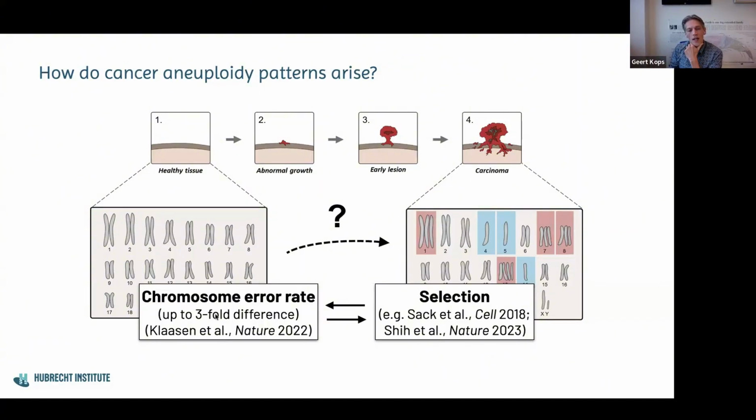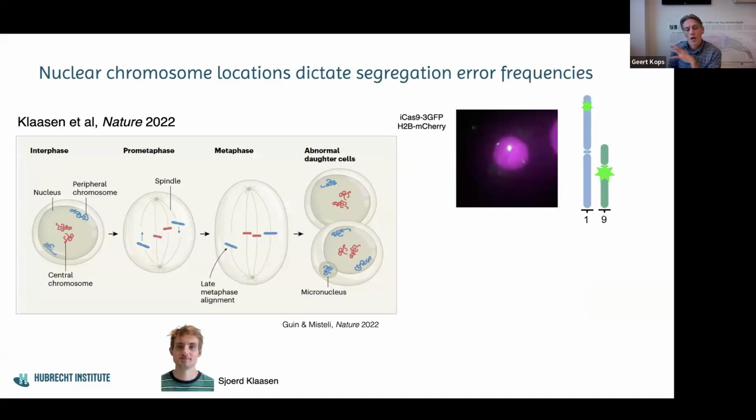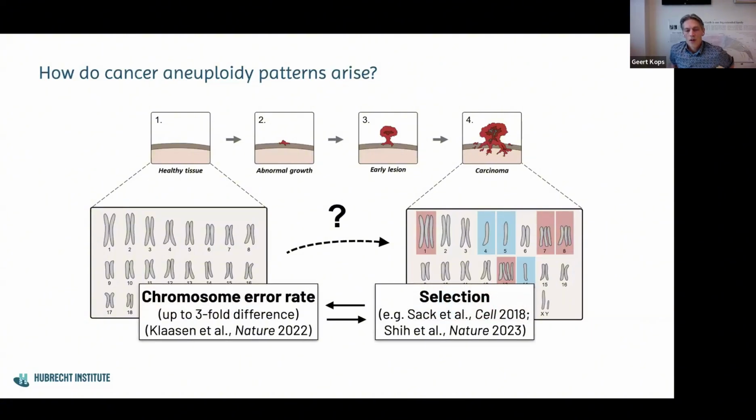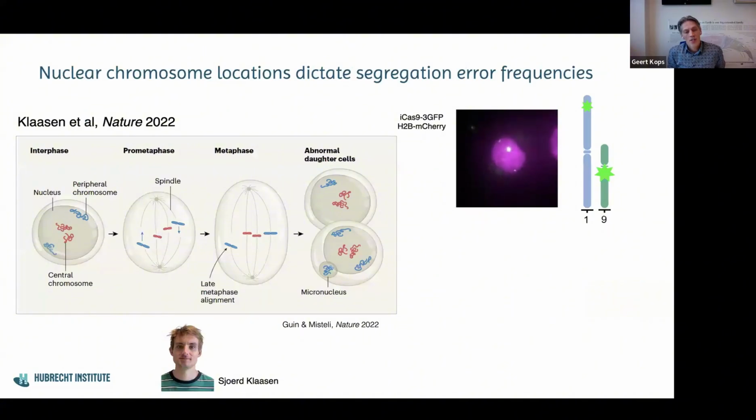But what I wanted to highlight here is that there's also this idea of the mutation rates that allow cells to undergo selection for particular copy number alterations. What I mean by this is that the chromosomes that missegregate are not always the same ones. And they're also not equally missegregating in every cell division, meaning that chromosome 1 or chromosome 8 do not have the same missegregation frequency. And the way we show this is by